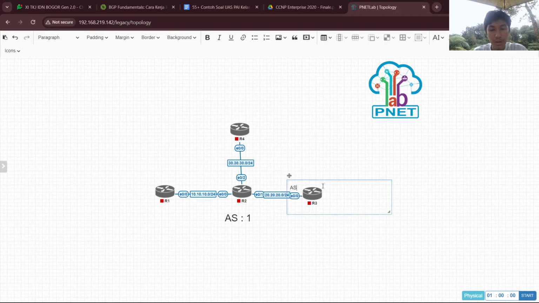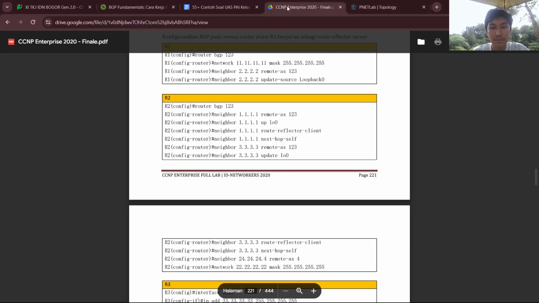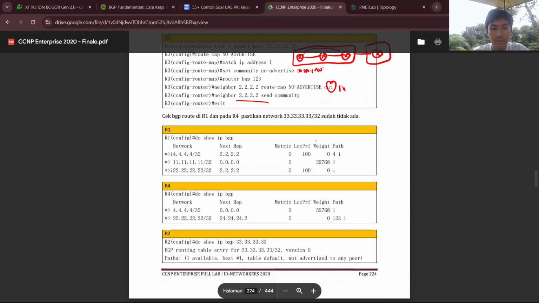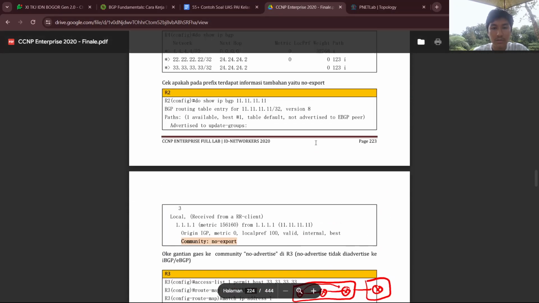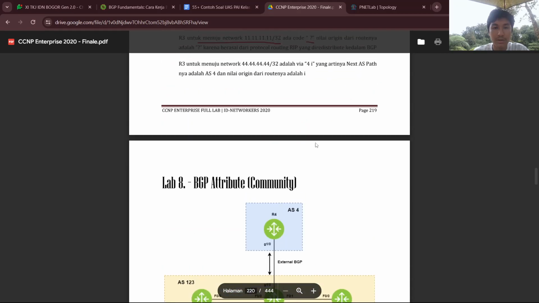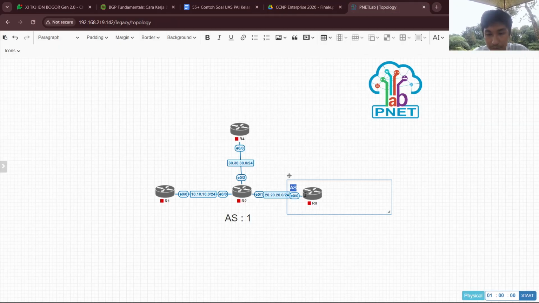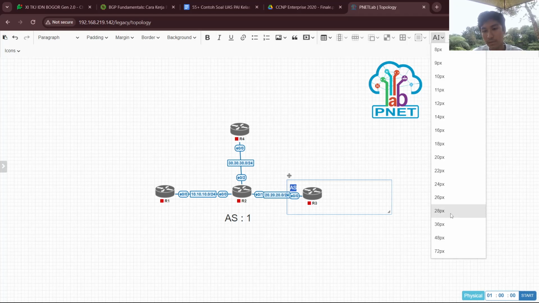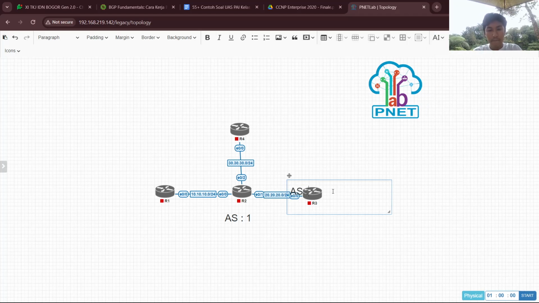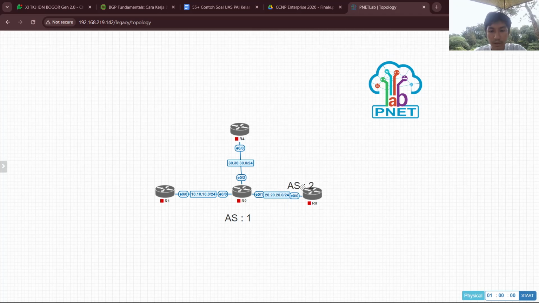So this means we will use eBGP in this community lab. This is AS2, this is AS1, this is AS2. Now we start all the routers.